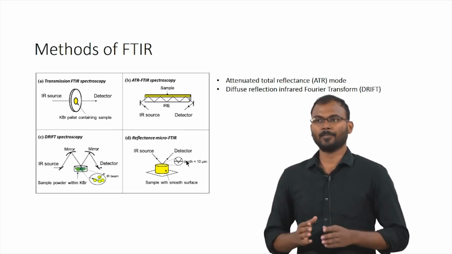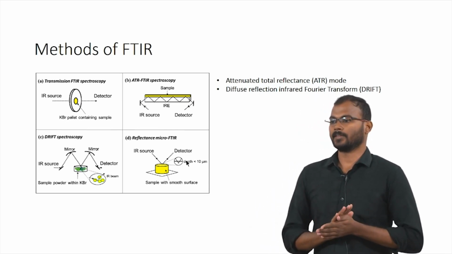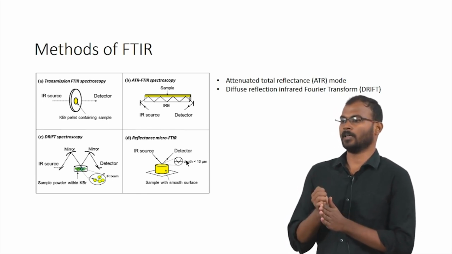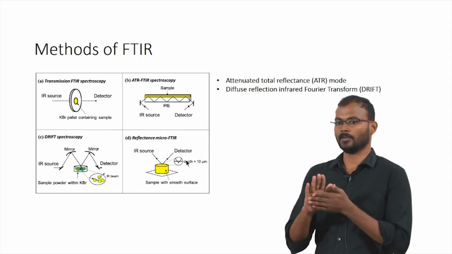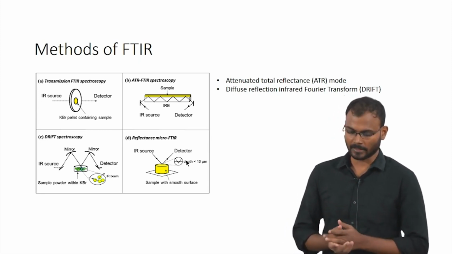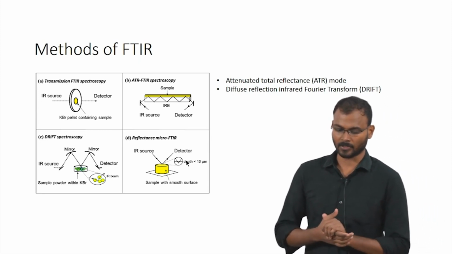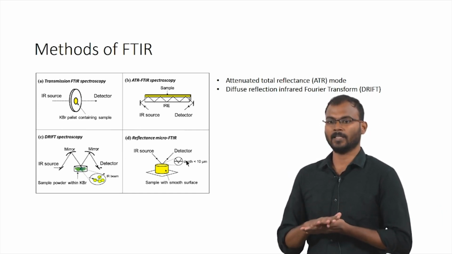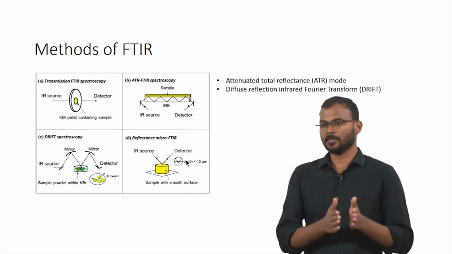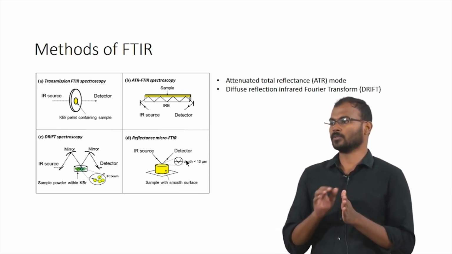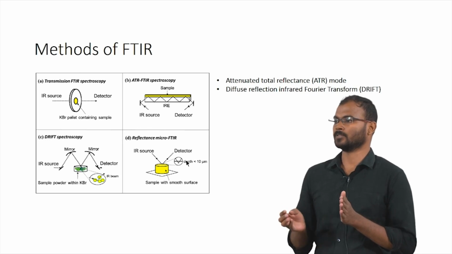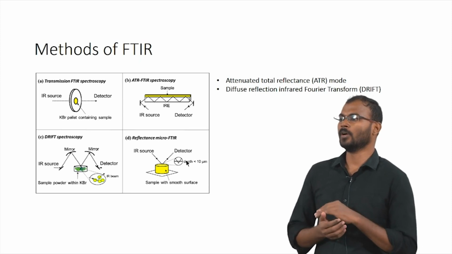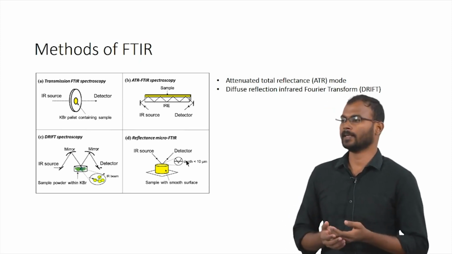For a liquid sample, you can form a thin film. There would be a casing where you can drop the liquid, so it will form a thin liquid film, and that can be measured using transmittance FTIR spectroscopy. If you have an opaque material, for transmittance some IR has to pass through. If it is completely blocked, you cannot observe any spectrum. So, to avoid that obstacle,